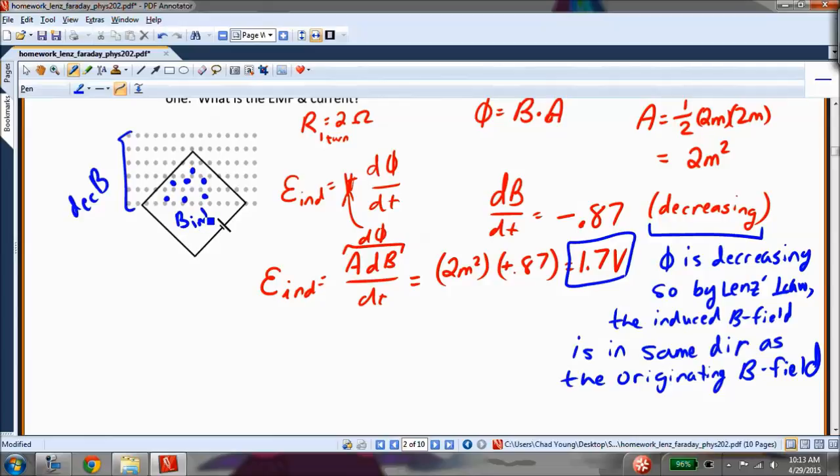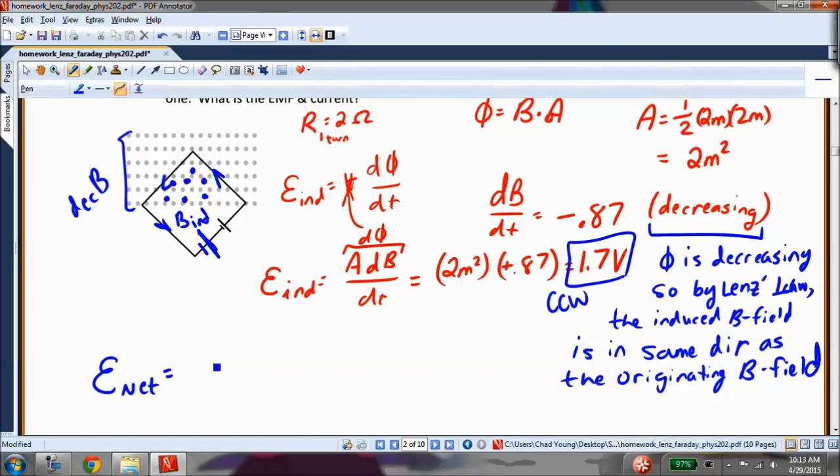Now, in order to induce a magnetic field like that, the EMF that's generated in this loop of wire is in that direction, in the counterclockwise direction. So this EMF drives a current in the counterclockwise direction, which I could represent as another battery, if you would, by drawing a battery that looks like this. So these 2 batteries are both oriented in the same direction. That means that my net EMF,